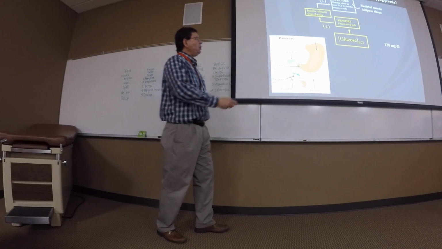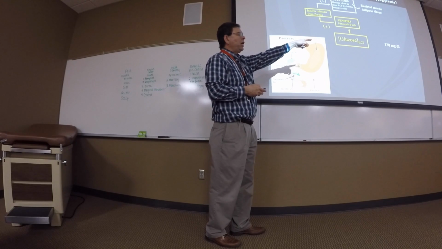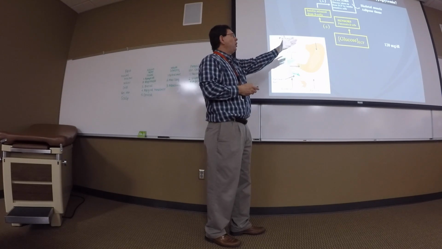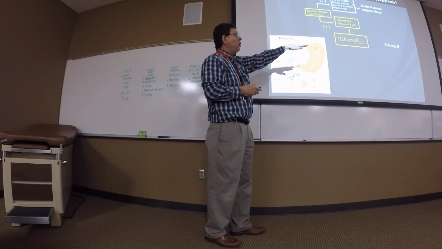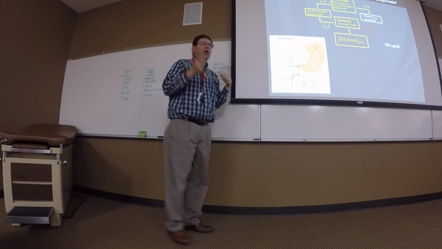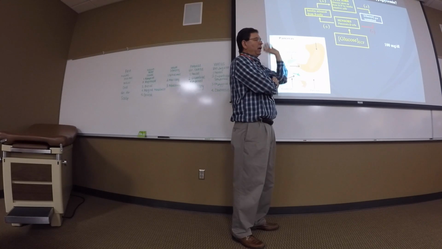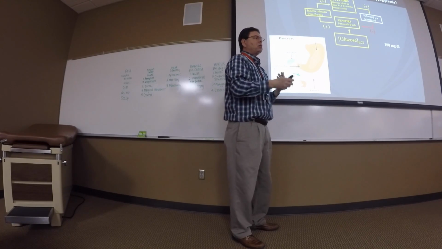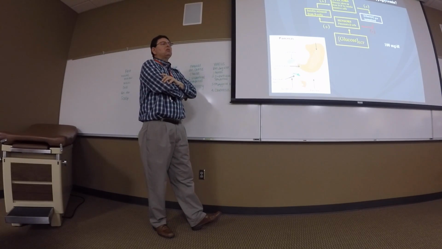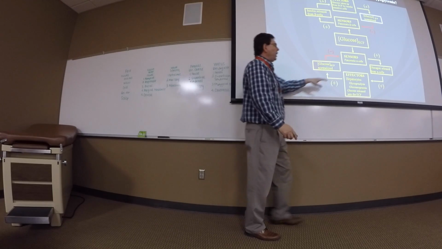So insulin is going to stimulate the skeletal cells and the adipocytes to take up glucose. Plasma glucose is going to drop to 130. More glucose is going to be taken up, it's going to drop to 120. More glucose is going to be taken up, it'll drop down to 110. More glucose is going to be taken up, it's going to drop to 100. At that point, plasma glucose is normalized. Those sensors are going to be turned off, and that's negative feedback. Once this glucose returns to normal, the negative feedback is, okay, stop releasing insulin. Stop releasing insulin. Now we have the very same thing if plasma glucose is too low.